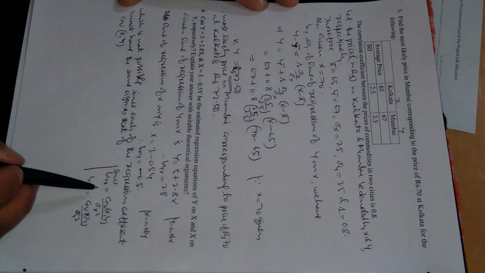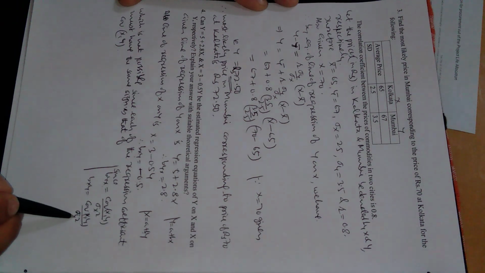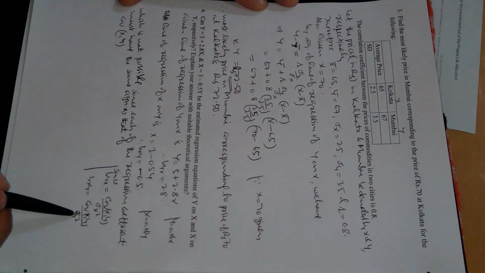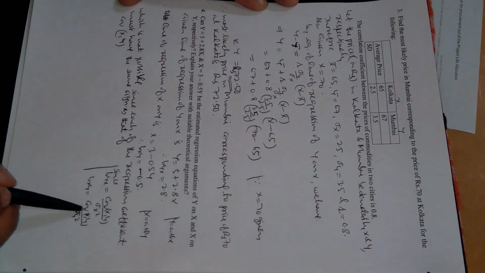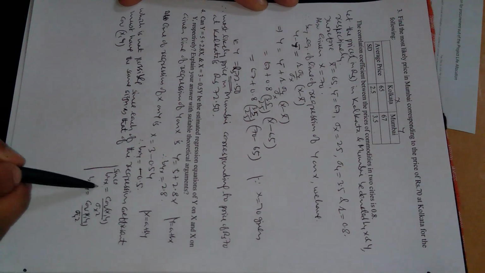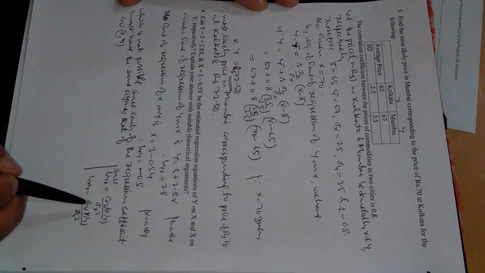So what does that mean? Sigma x square is the variance of x, which is obviously positive because of the square, and the same holds for sigma y square. So if the covariance is positive, both the regression coefficients will be positive. If the covariance is negative, both the regression coefficients will be negative. So these equations are violating this condition.